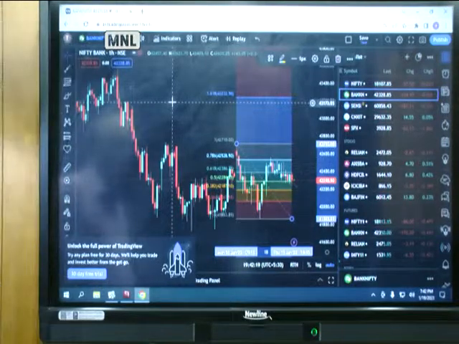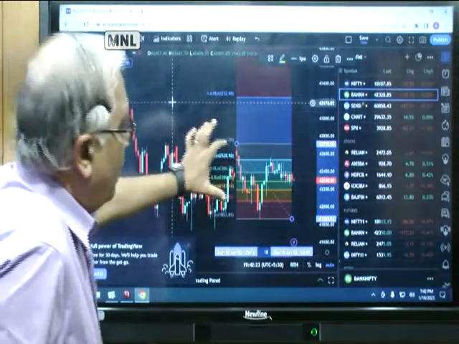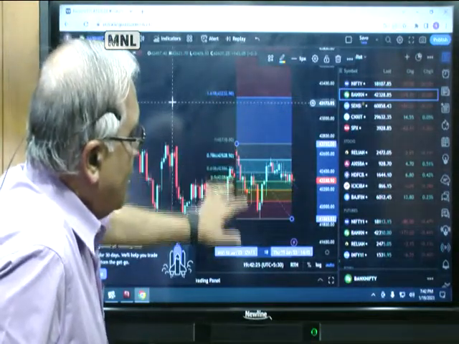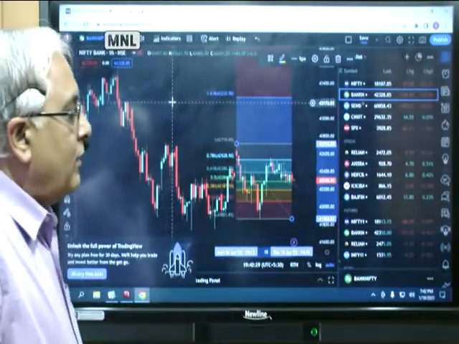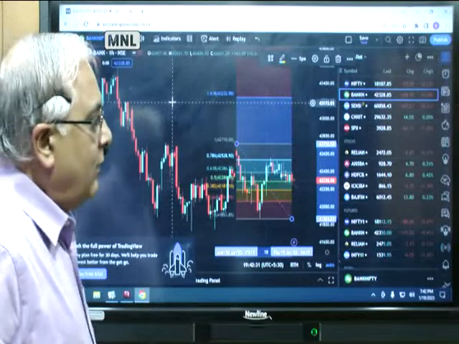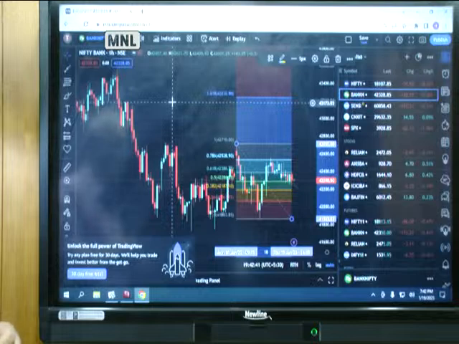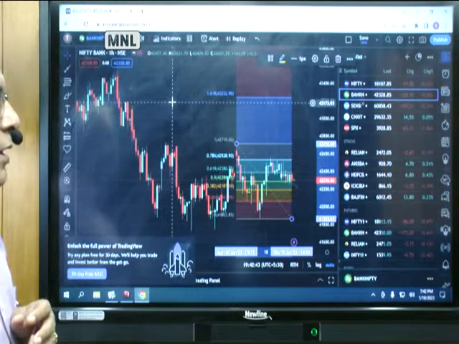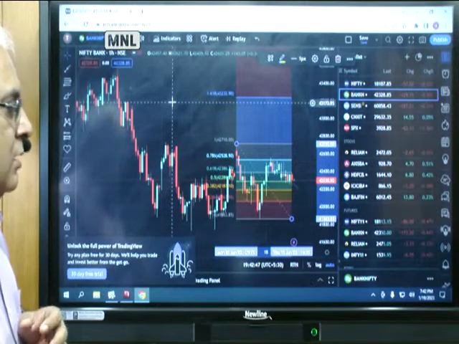So right now we are looking at the 78.6% retracement of this move from the daily high to this daily low, and that has held. We have to see whether it is going to fall further or rise. Now the trading plan, both for holding positions and for intraday: it closed at 42,298. Assuming it starts to move up in any significant manner,